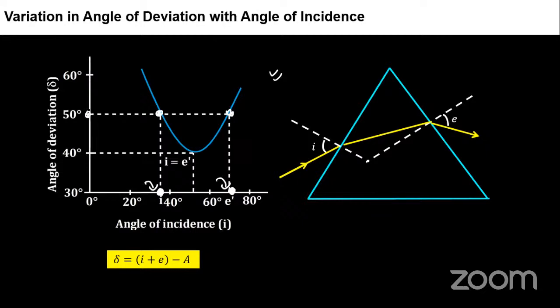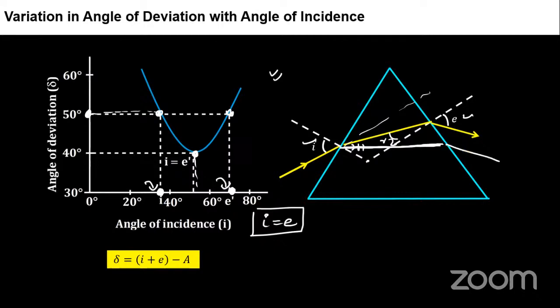There is only a single angle of deviation here. It was also confirmed that there will be some angle of incidence for which the emergence angle will be the same. You'll also find R1 equals R2 for this, I mean, for that the ray will be parallel to the base, and the conditions will be like this.